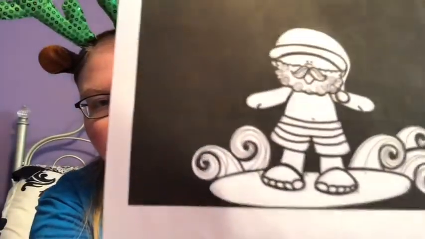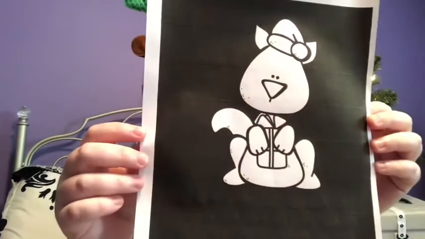So Santa Claus, we usually see in heavy clothes, but in Australia, they think of Santa as being at the beach. So I'll show you some pictures. I don't know why this printed off so dark, but here's Santa Claus, and he's surfing, and he's wearing swim trunks. That's pretty silly. And also, we usually think of Santa Claus and his reindeer, right? Not in Australia. They usually think about Santa Claus and kangaroos.